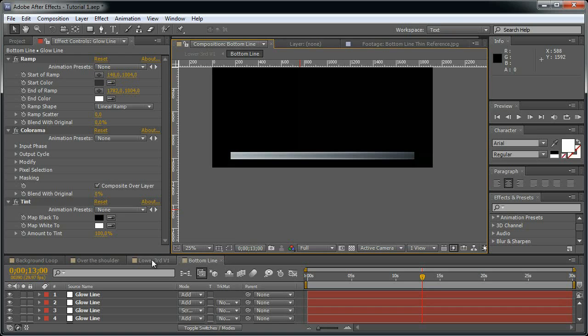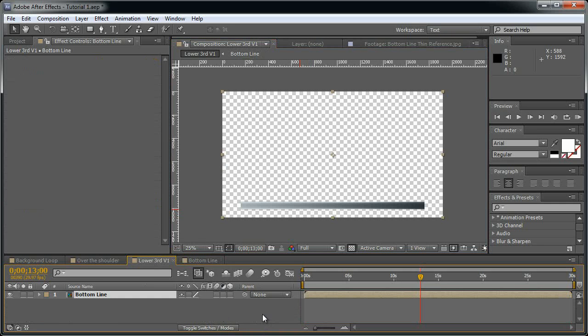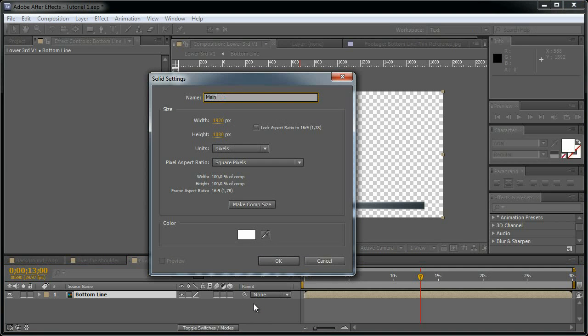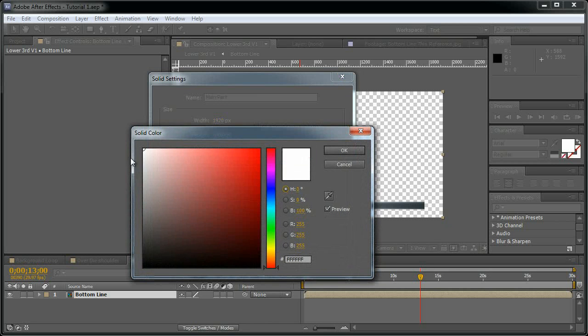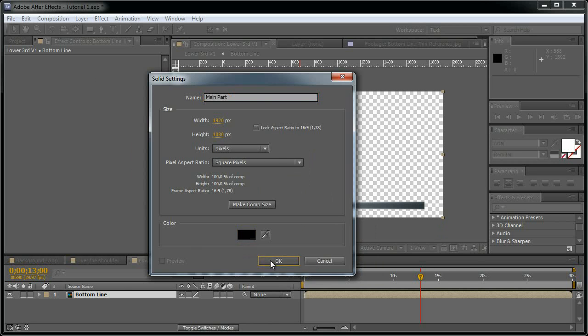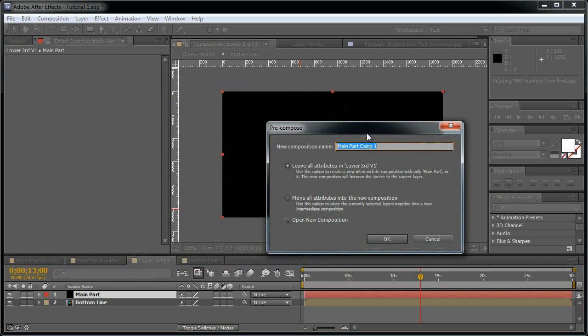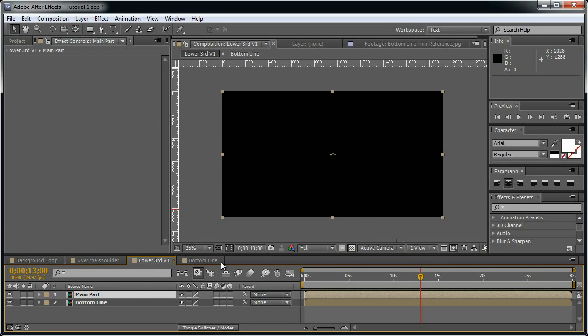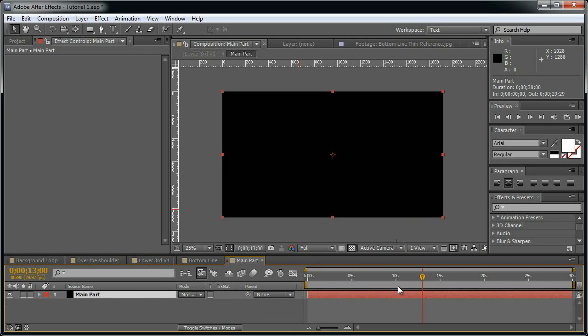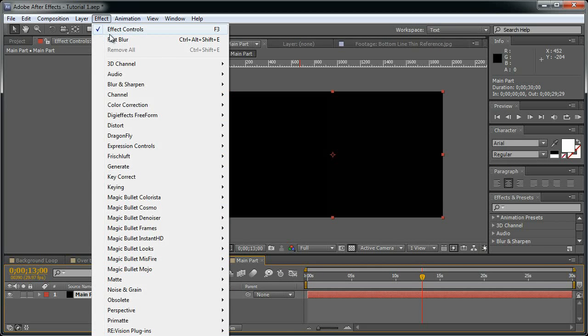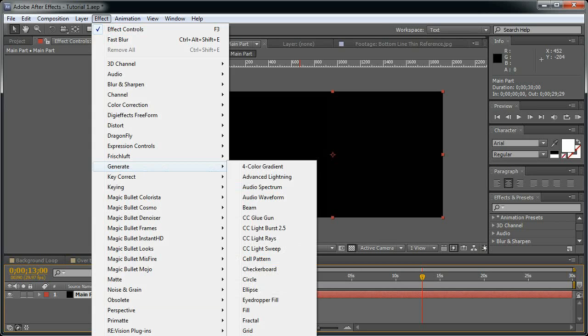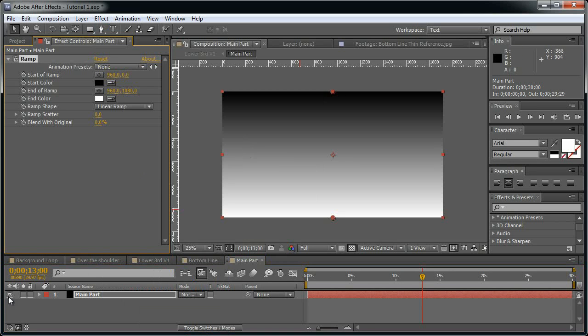So let's come back to this composition and start creating the main part. So let's create a solid and call it main part with black core, and let's pre-compose it into a main part composition. And let's apply ramp, but